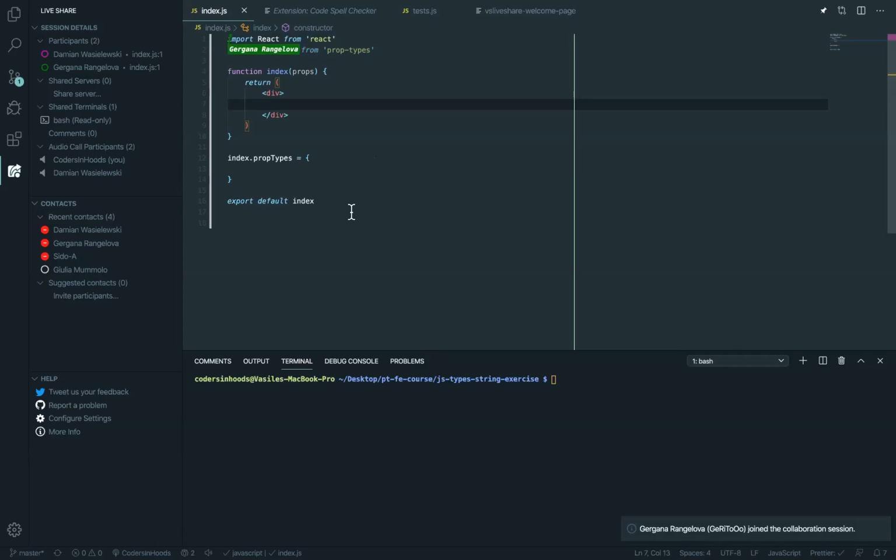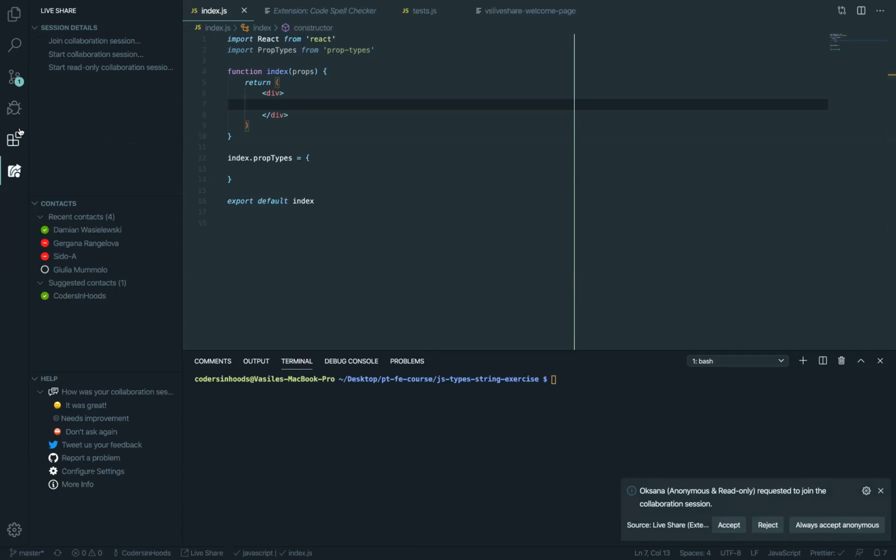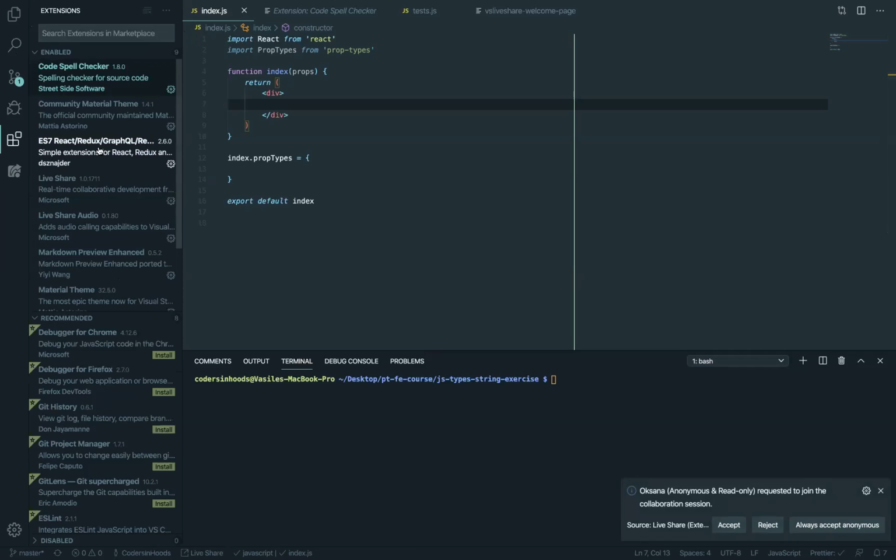Yeah, Gargana is here. I know that everyone wants to try to type in somebody's file. No worries. Okay, yeah. So I stopped collaboration. Beautiful. So yes,